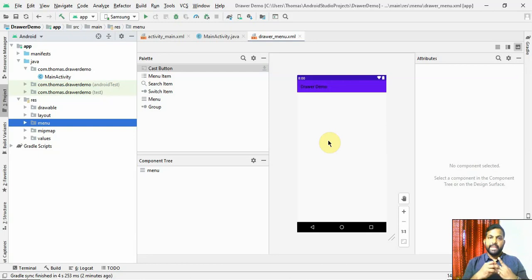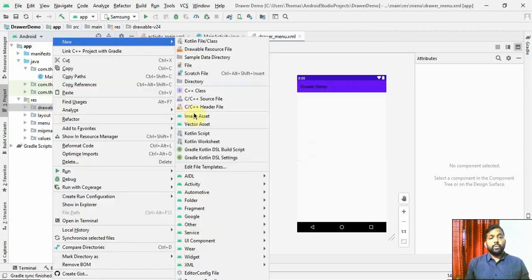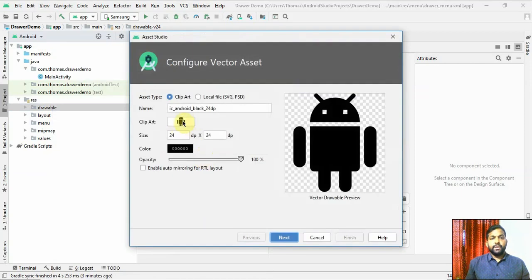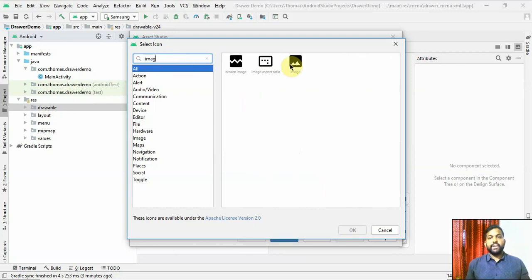The first 3 things are grouped as one. The second one is part of another group. So for that purpose, let me create 4 separate icons, and then I'll come back to the design. To create a new icon within our project, you can actually download from the internet and put it here in the drawable, or you can even use the inbuilt icons, the clip arts, that are available to create one icon. I'm going to right click on drawable folder and click on new vector asset. So in that one, you can choose which kind of clip art you want to create as an image here. So since the first one is all related to images, I'm going to search for an image icon,